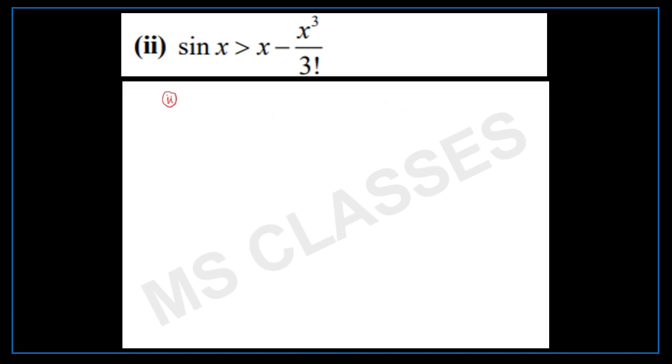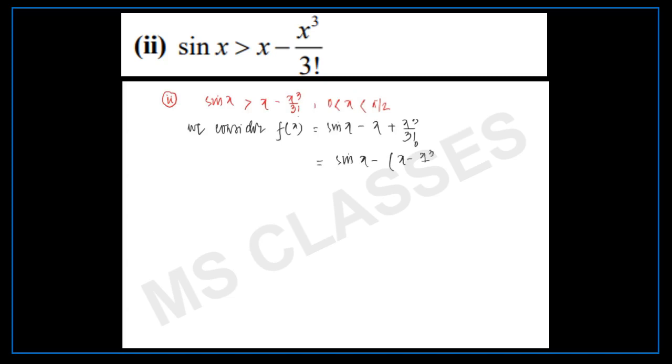Here you prove sin x greater than x minus x cubed by 3 factorial. We consider f(x) equals sin x minus x plus x cubed by 3 factorial. You can think of this as sin x minus (x minus x cubed by 3 factorial). You can think of this as g(x) minus h(x),